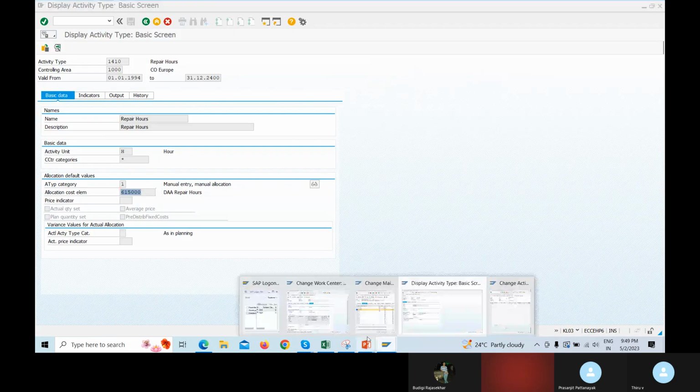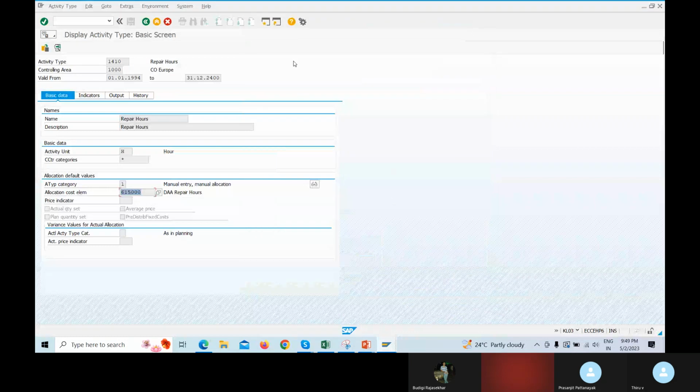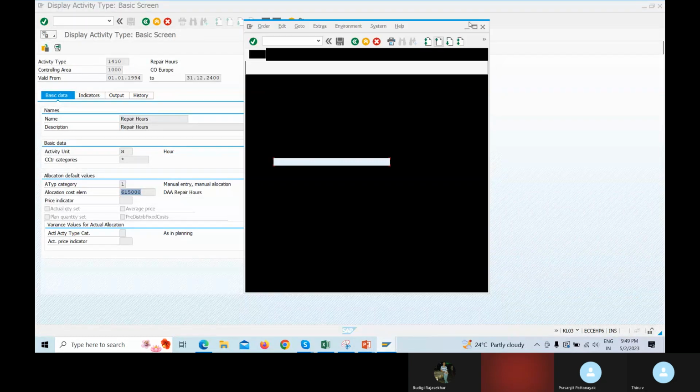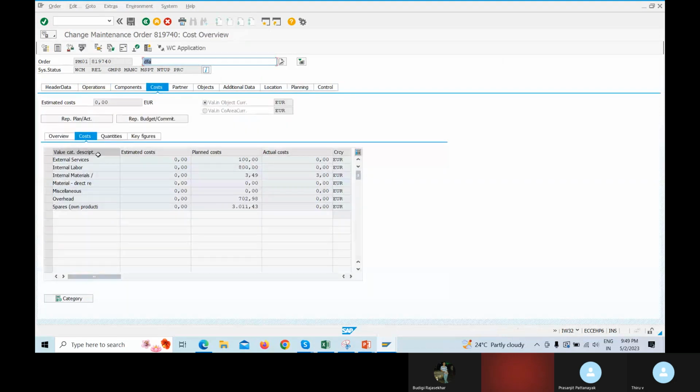Don't tell me you don't know. Sorry. This is what I'm telling. Valuation category. Only to here your cost is flowing out. KOW configuration. Prasenjit sir, tell. I'm asking what is value category. You are not opening your mouth.